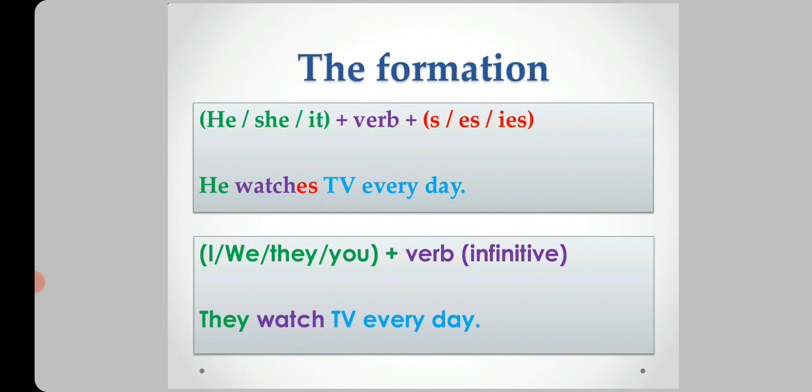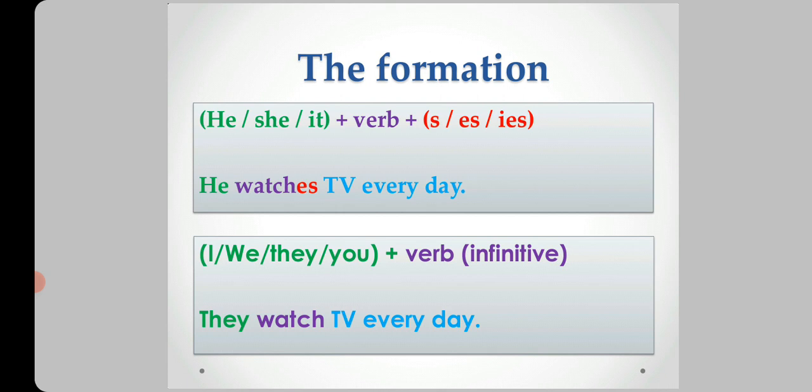We have 2 different types of subjects. The singular subject, which is he, she, it, or any singular noun. In this case, we add s or es or ies to the end of the verb. For example, he watches TV every day. So we have the verb watch and we add es to the end of the verb because we have singular